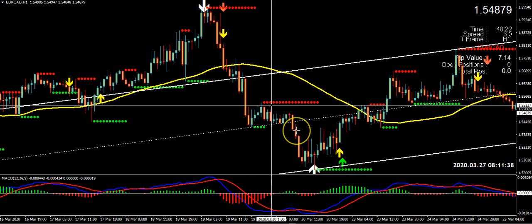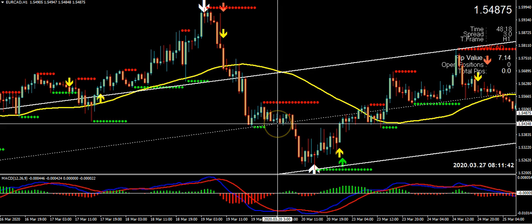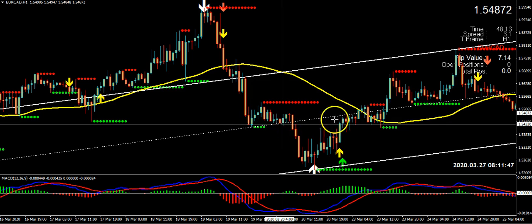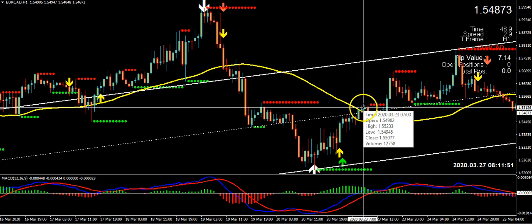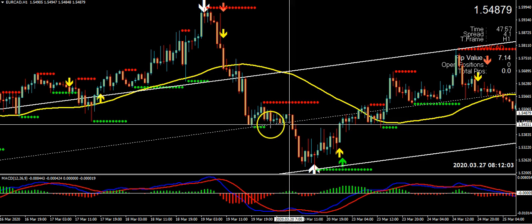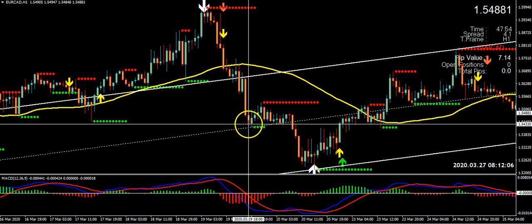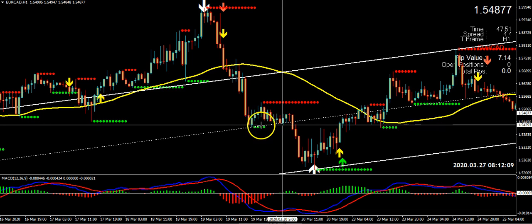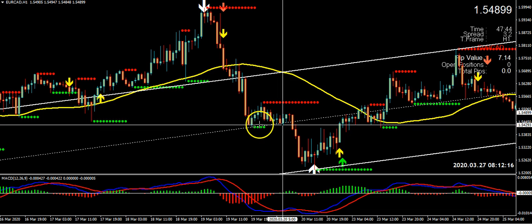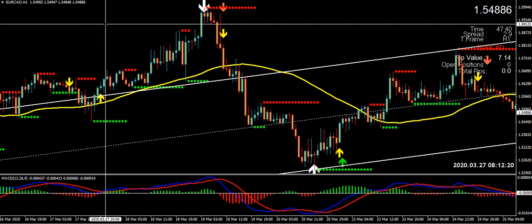Now, if you do not have the system, then you would need to be able to identify the previous support and resistance. And it's real simple, guys. If you're buying, you're looking for the previous support. If you're selling, you're looking for the previous resistance. And support and resistance is nothing more than an area where price was pretty much ranging in the same area. It hasn't really made any strong moves up or down. It's pretty consistently in the same area. So this would be considered, when you look left,